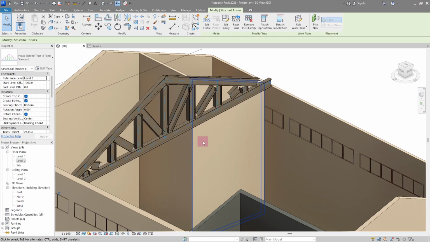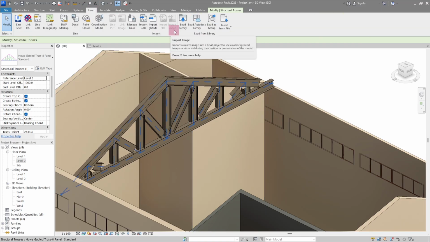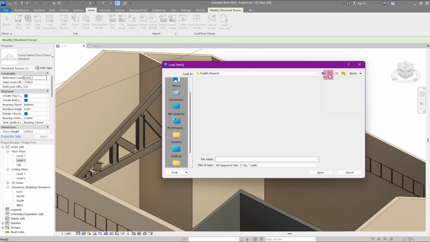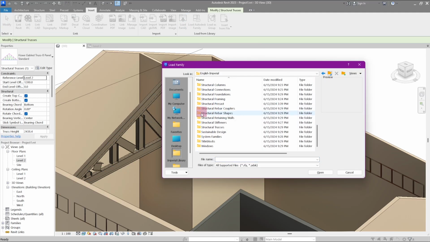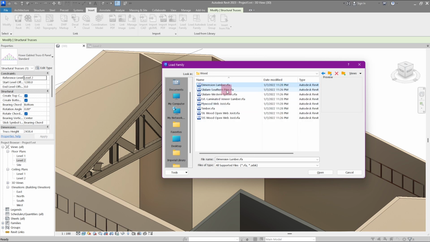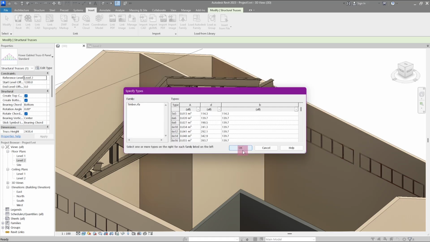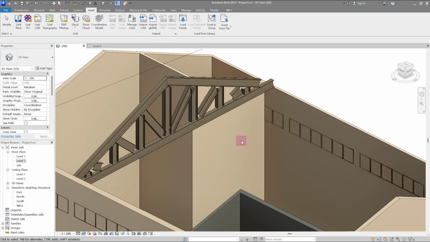To change the material, select the truss and click on Load Family. In the pop-up window, navigate to the Structural Framing folder and choose your desired truss type. And press OK. Once it is loaded,